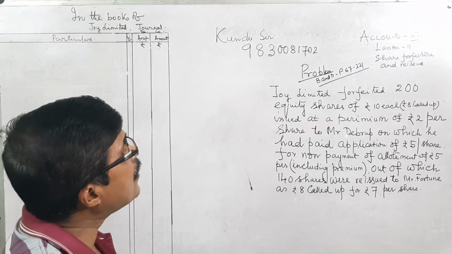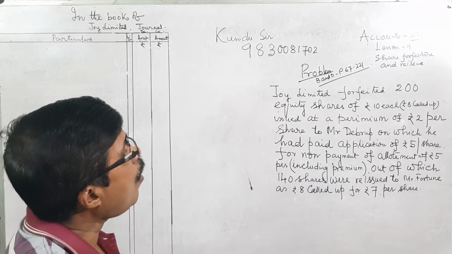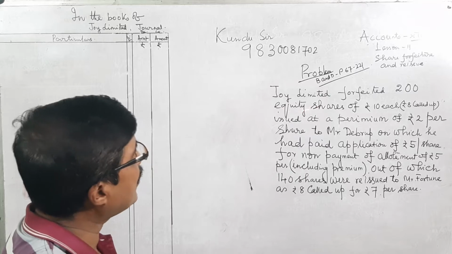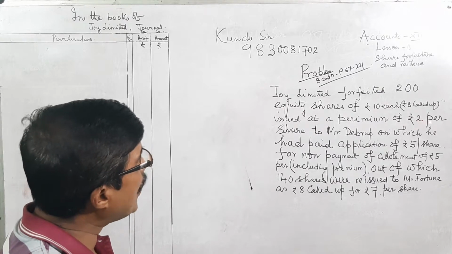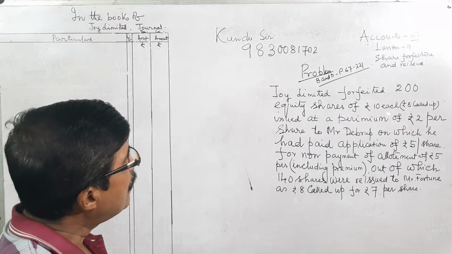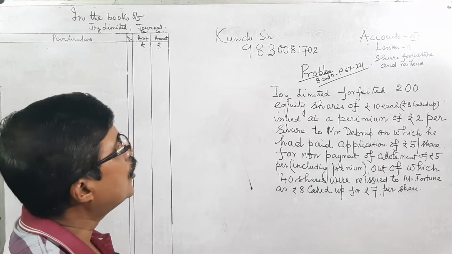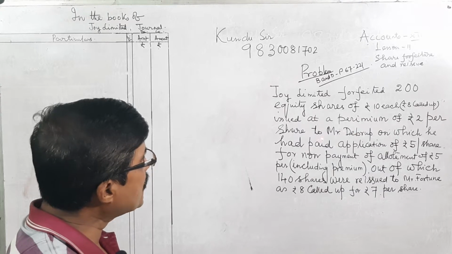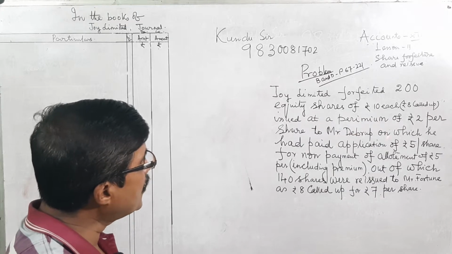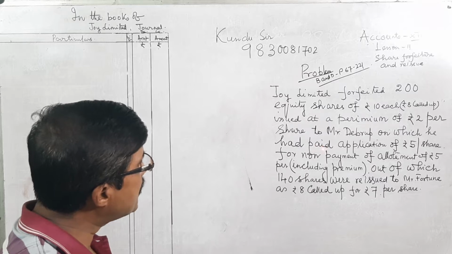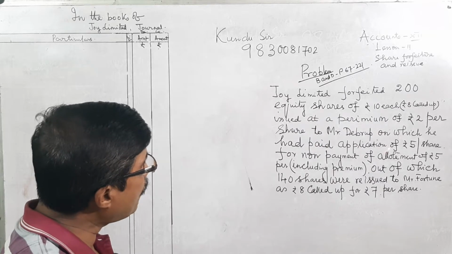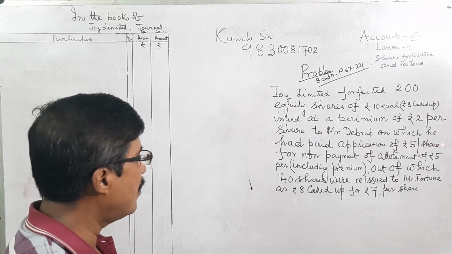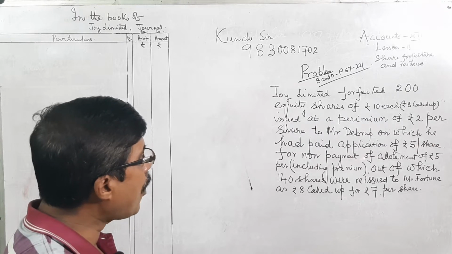Issued at a premium of rupees 2, that is, the company issued the share at 10 plus 2, 12: 10 the face value of the share, 2 premium of the share, to Mr. Debru, on which he had paid application of rupees 5 per share